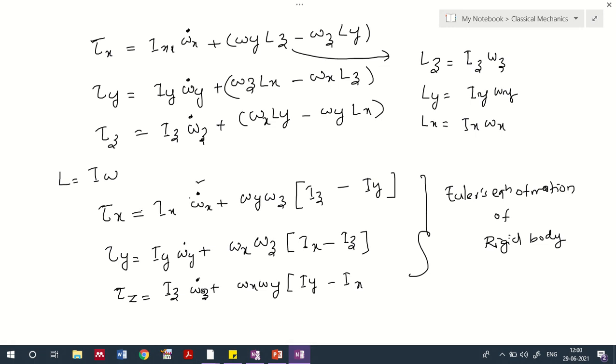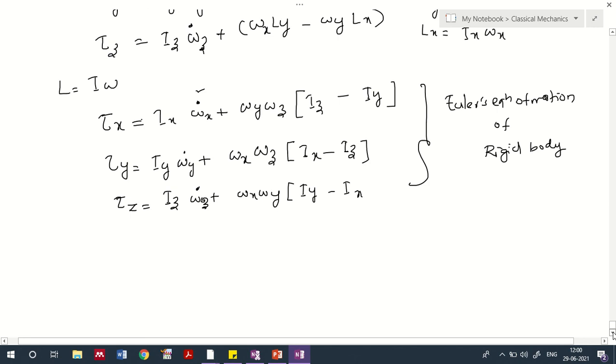In terms of torque, angular velocity and moment of inertia tensor. So in general, what we have done is that we just took I omega dot plus omega cross L. Basically we have done this part of the discussion here. So we kept it in matrix form, and this is what we used to call Euler's equation.